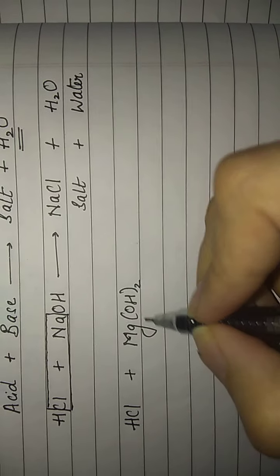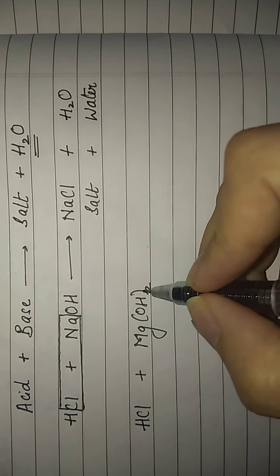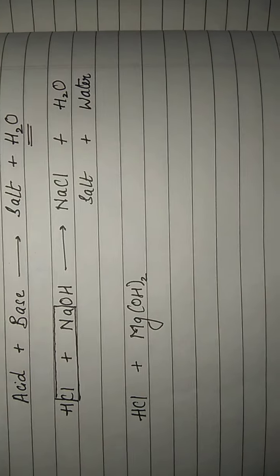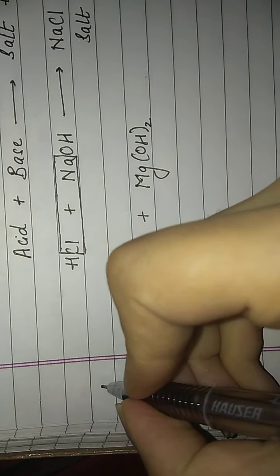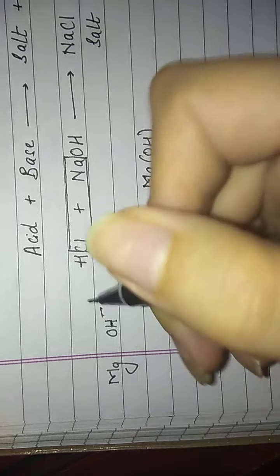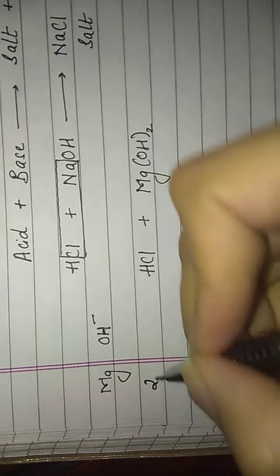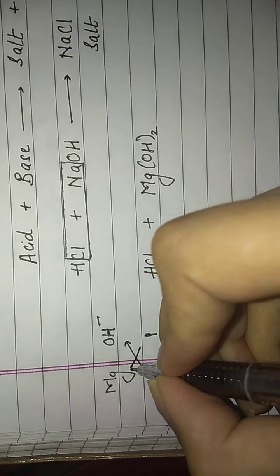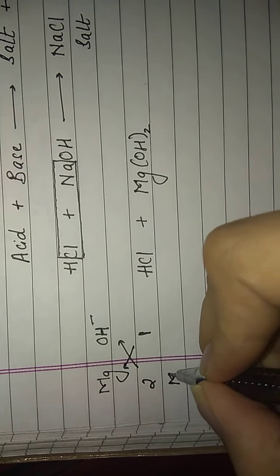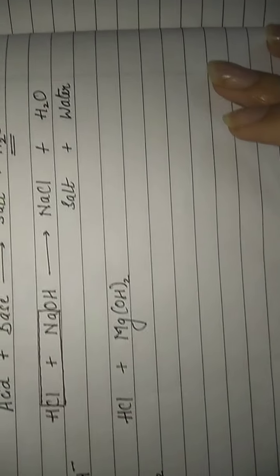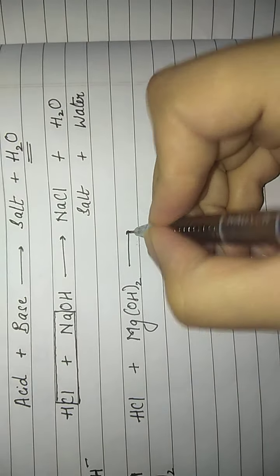Okay, now you know why I have written the formula of magnesium hydroxide like this, because of the crisscross method. It depends upon their valencies. Let me just give you an example here. Magnesium and hydroxide. Fine, the valency of magnesium we know is 2 and for hydroxide we have 1. So when we cross multiply, the resulting formula is Mg(OH)2. You have done this in class 9th already. Okay, so let me complete the reaction.